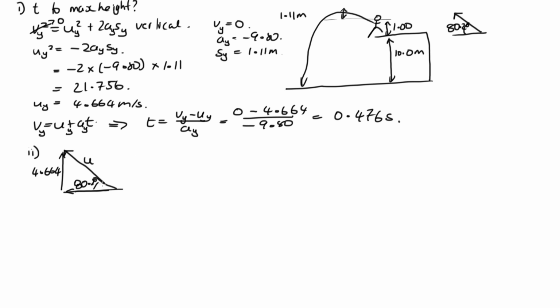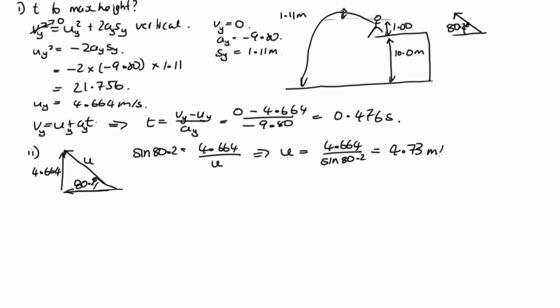Using trigonometry, sine of 80.2 is equal to opposite, which is 4.664, over the hypotenuse, which is u. Rearranging, u is equal to 4.664 over sine of 80.2, which we can solve, and we end up with